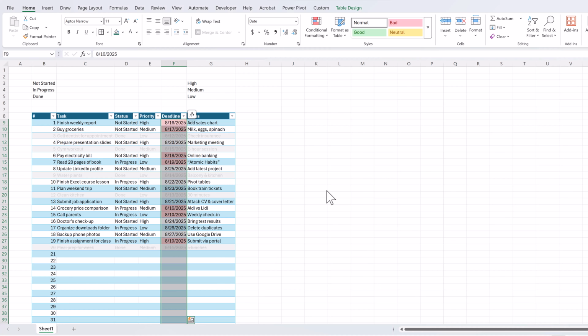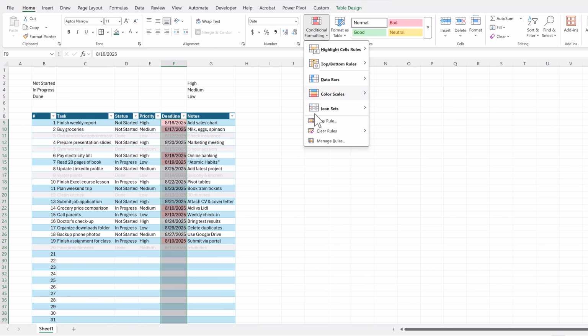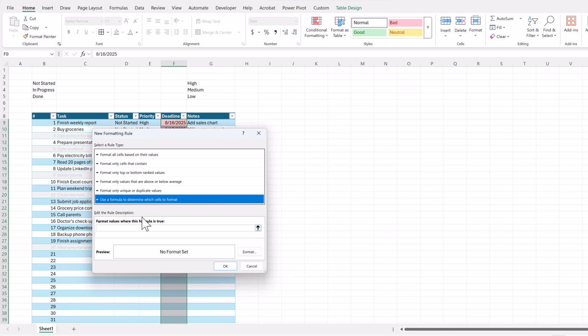So next step is if the deadline is within the next 7 days, it turns yellow. So for that thing, we already have our column highlighted. So we add new rule, use a formula, and then we repeat the same thing, and so task is not empty, our status is not done. Again, you can just type it in. Then we want that our deadline is greater than today,